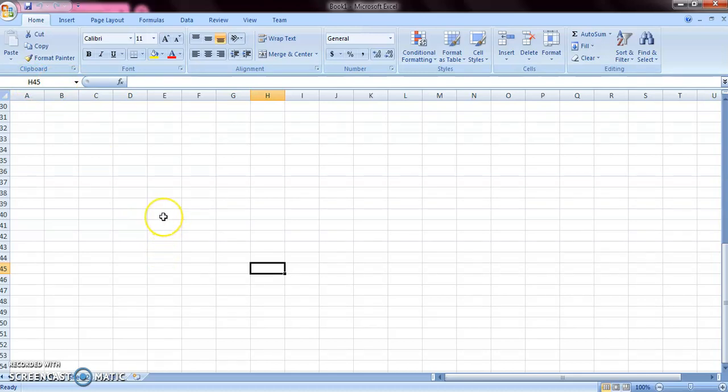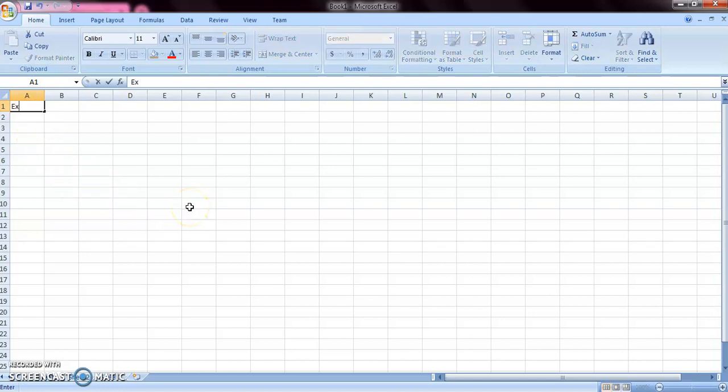Now another important part of the Excel window is the formula bar. What does this do? I am going back to the first cell of my Excel window, that is A1. You can notice that whenever you open your Excel workbook, the default active cell is A1. Whenever you type anything in your active cell, that text appears in this formula bar.